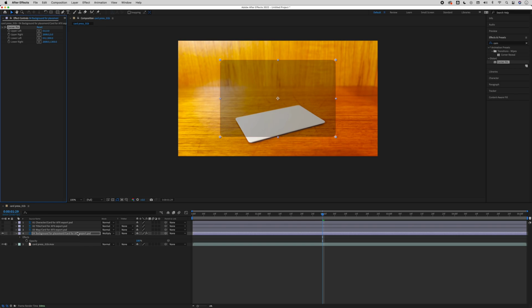There it is there. And what you're going to see now, if we look at this top left panel, which was our project window, which had all our files in, it now has that effect, corner pin. That layer selected, the background layer, corner pin. So this is where all our effects are going to be. As you select particular layers, if you have this open, that will show you your effect. So if you do get lost,